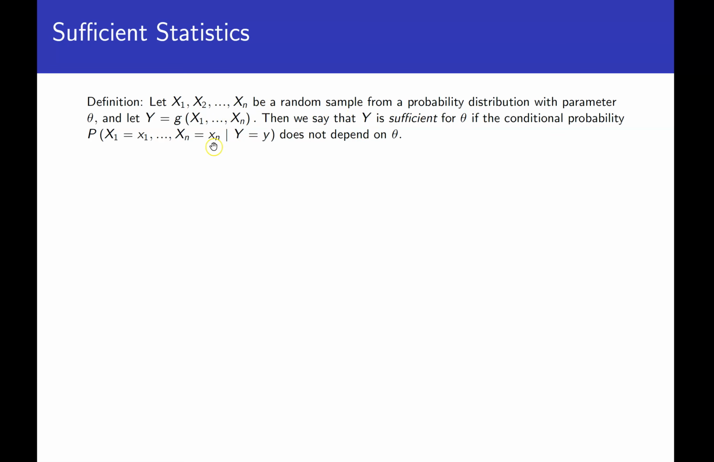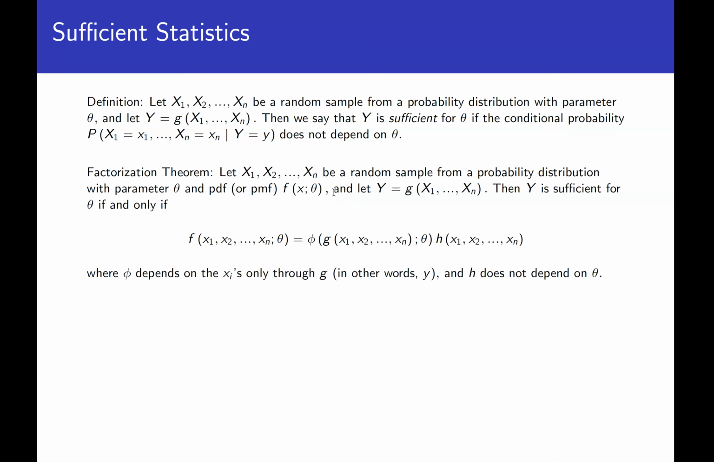from some probability distribution with a parameter theta that we're trying to estimate. And let's let y be a function of the x1 out to xn, no theta involved here. And then we say y is sufficient for theta if the conditional probability doesn't depend on theta. Okay? So we did a lot of computations with the conditional probability, but